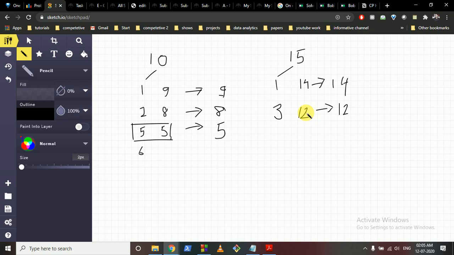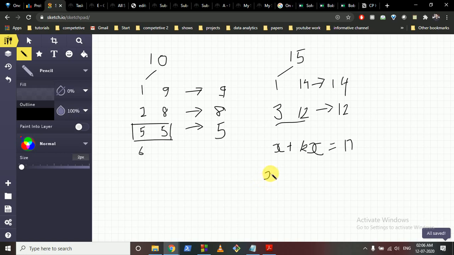Cool, but how are we going to divide them? We have to find the factors of this number. Let's assume the small number is x, and we want to find another number which is a multiple of x. If I multiply some number k by x, then this is the second number. As you can see, this is 3 and this is k times 3, which is 4 times 3, 12. If I add them, then this should be equal to n. I hope you understand this equation now.